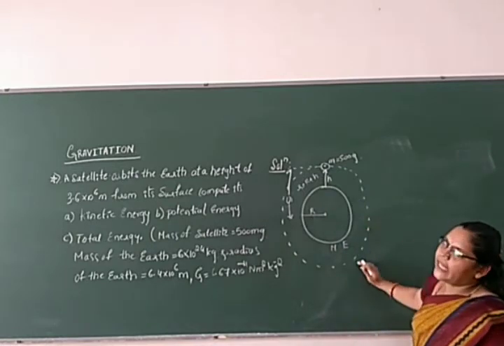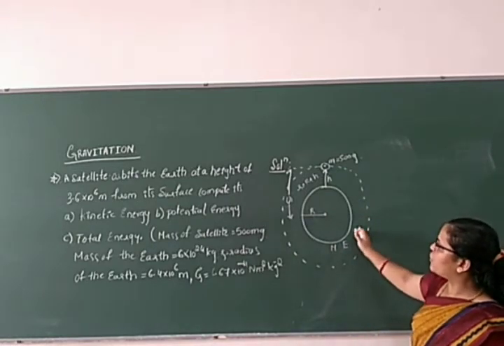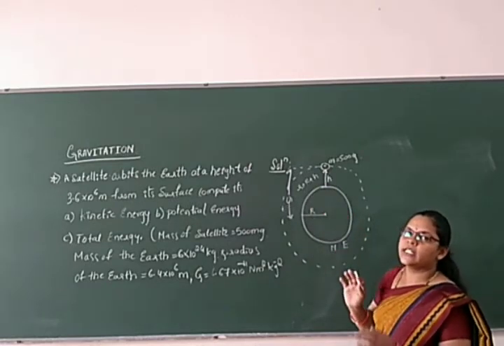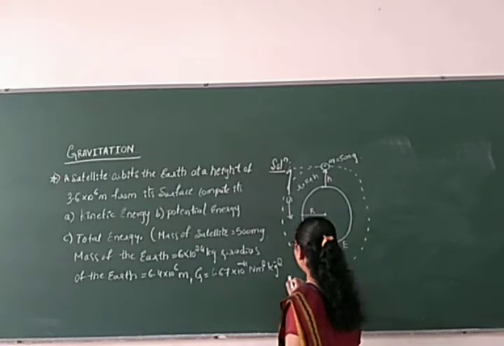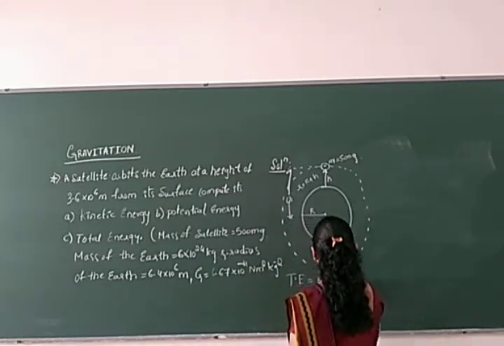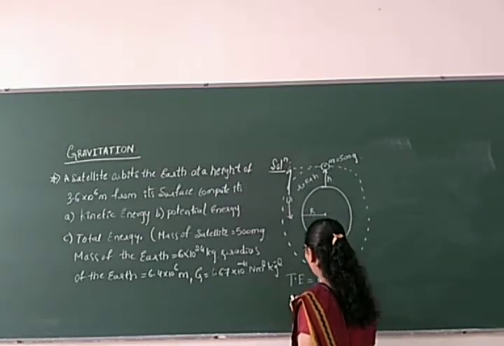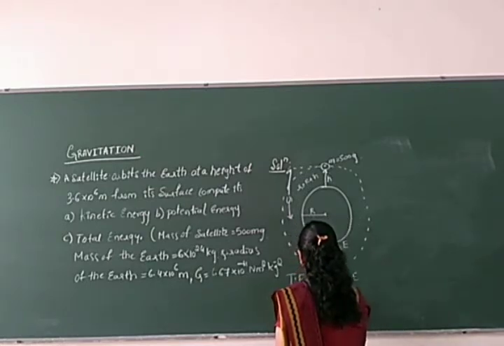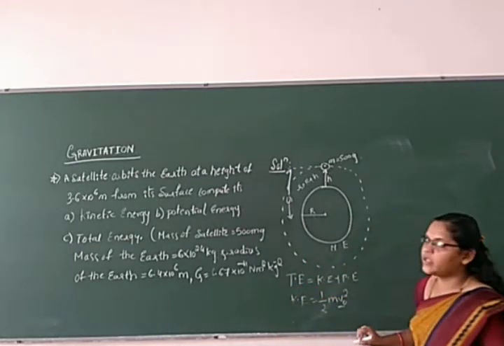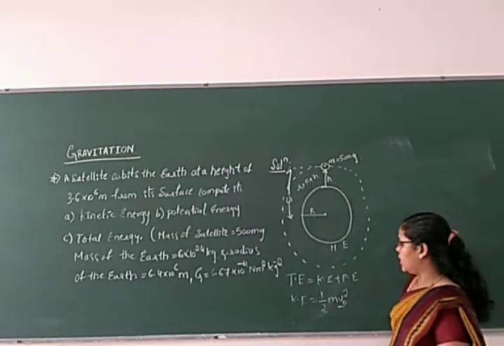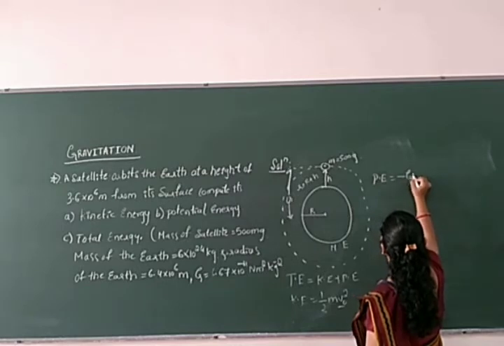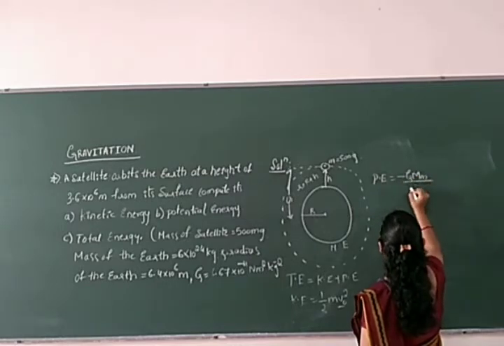So the total energy, meaning the energy of the satellite, we compute here. Kinetic energy is due to its motion, potential energy is in a stored form. So the total energy of the satellite is equal to kinetic energy plus potential energy. What is kinetic energy here? Half m v naught square, where v naught is the orbital velocity. Then what is potential energy here? We have minus capital M small m by small r.